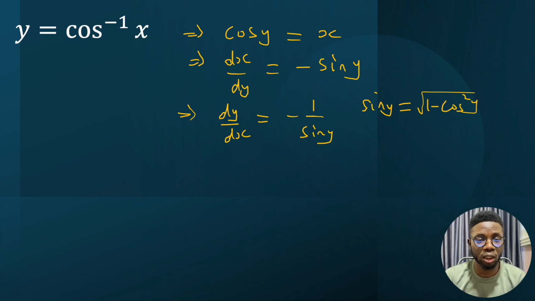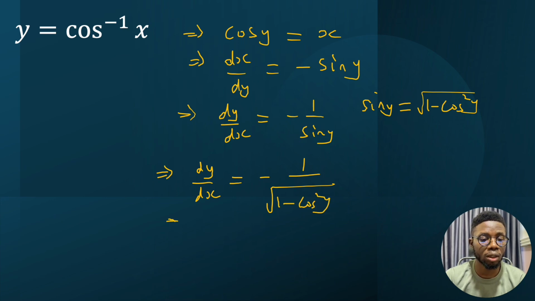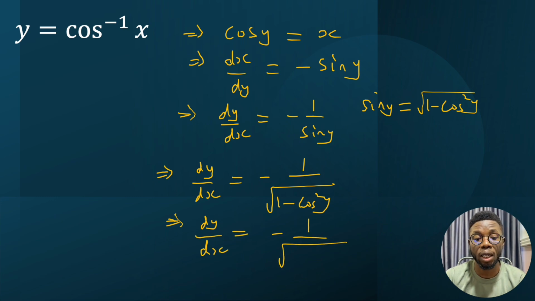So if that is the case, then dy/dx would be -1 divided by the square root of 1 minus cos squared y, and this implies finally that dy/dx equals -1 divided by the square root of 1 minus